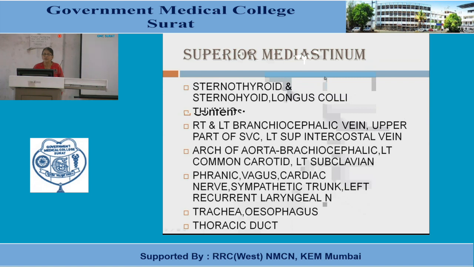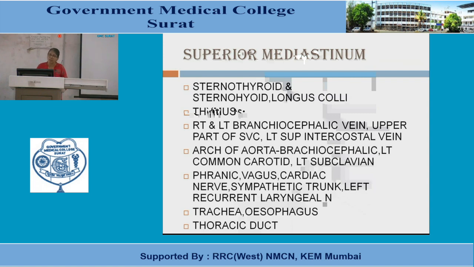Now the thymus is an important content of the superior mediastinum. You know, the thymus is particularly large in children, but with advancing age, at puberty, this gland slowly atrophies. So the thymus is present in the superior mediastinum and a part of it will extend into the anterior mediastinum, which is the very narrow space behind the body of the sternum. A little part will go there too, but it is a main content of the superior mediastinum.